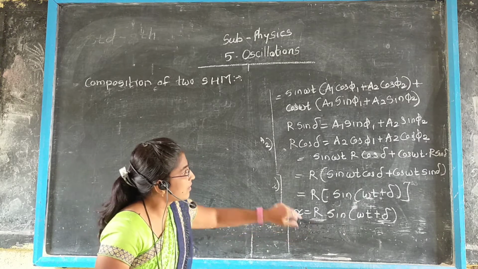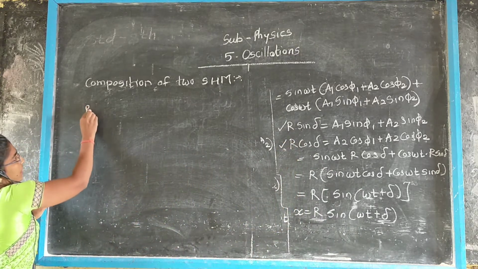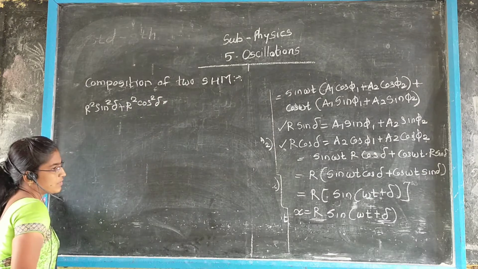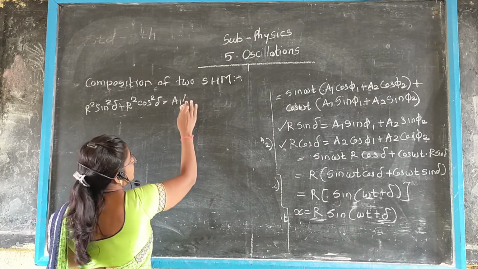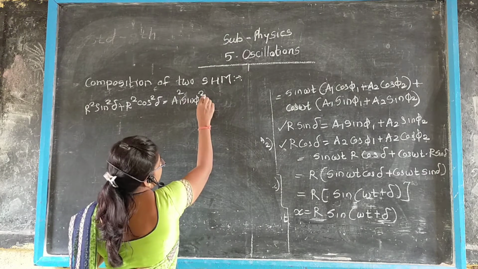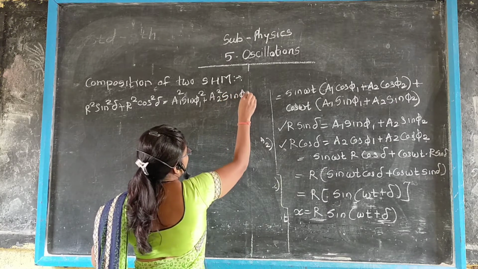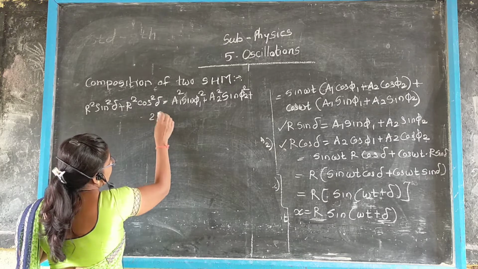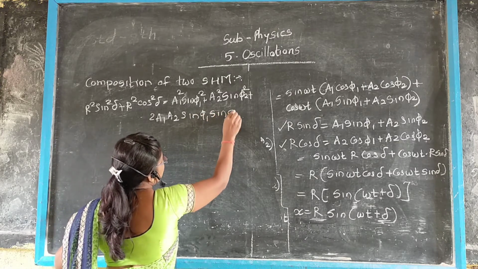For finding the value of r, squaring and adding these two equations, we get r square sin square delta plus r square cos square delta, which equals a1 square sin square phi 1 plus a2 square sin square phi 2 plus 2 a1 a2 sin phi 1 sin phi 2,